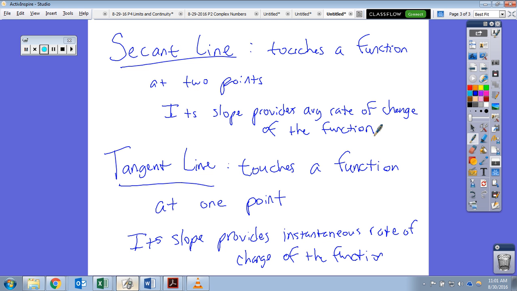It wasn't until, not Einstein, one of the inventors of calculus, you have Leibniz and you have Newton. Isaac Newton came along about 350 years ago, and this concept of the slope of the tangent line provides instantaneous rate of change. We'll get into the mathematics of it, but we only have like 4 minutes, so probably not this class. Yes? When do you need to know